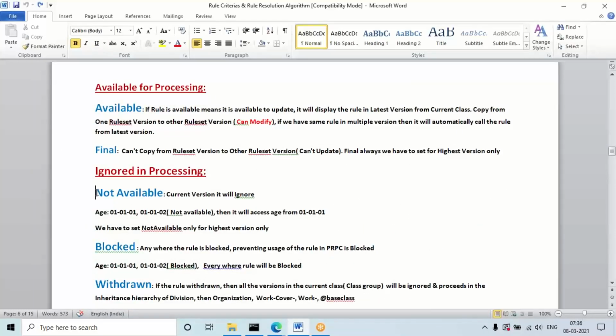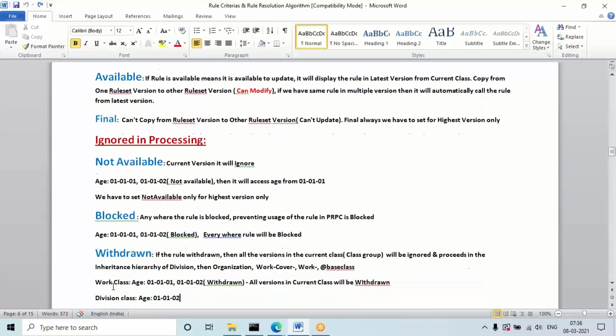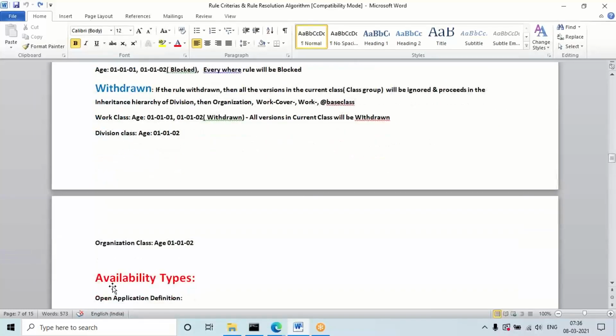Not available means, in the current class, if we have multiple versions and you drop the latest version rule, it will read the other version which is there in the current class and execute that one. Blocked means if the rule is blocked anywhere, it will be blocked everywhere. Withdraw means all versions in the current class are going to be withdrawn. Okay, so these are the availability types.